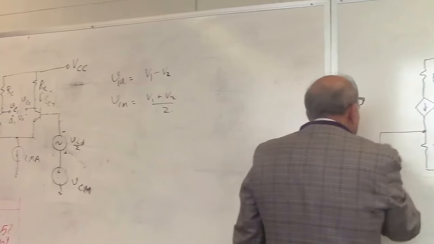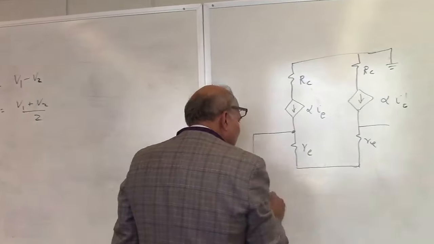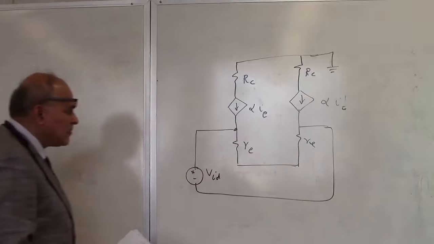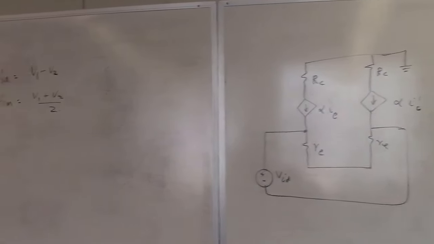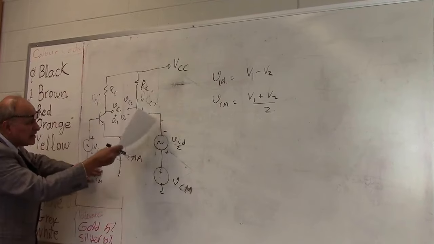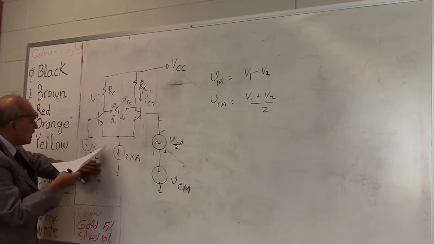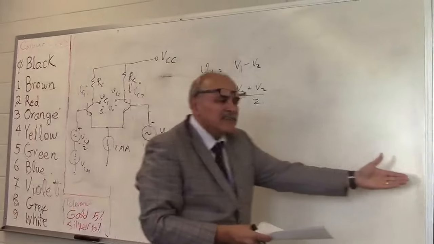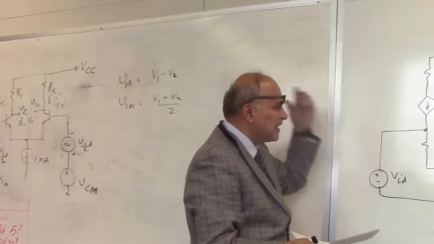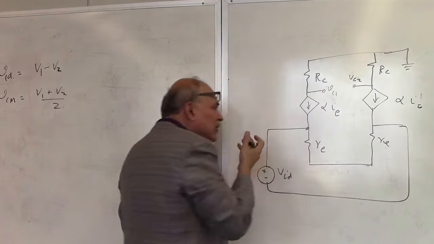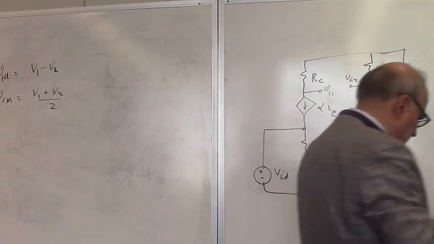And I will connect my voltage VID here. Because if I go around in this circuit, I ignore the VCM because it has no effect on my circuit. Then I have plus VID here, minus VID here. So connected between these 2 points is VID over 2 minus minus VID over 2, which is VID. So I get this equivalent circuit, and this is my point VC1 and VC2, and you can clearly see from this circuit that